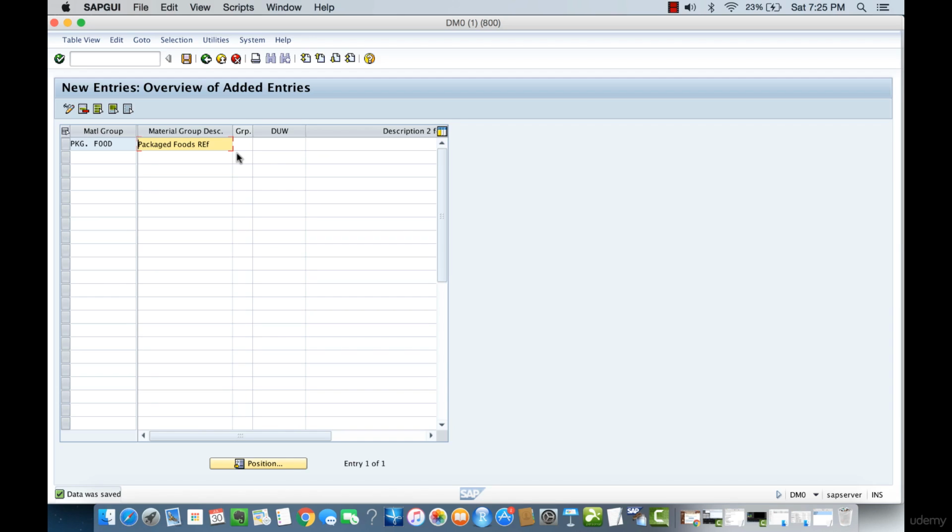The material group is also for selecting and querying the data here. So by dividing it up into different material groups, we can go inside each of those material groups and take a look at the related products